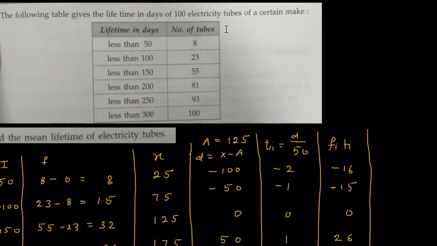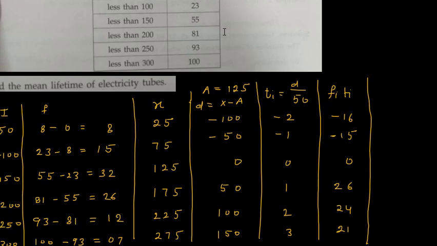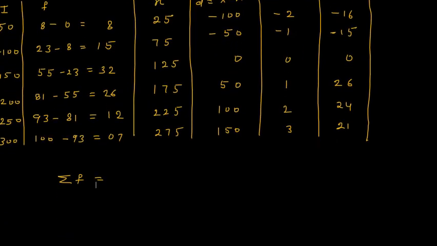Okay, so the total is 100 only. Here, when you add the total frequency, you will get 100. For cross verification you can do that. And the next column is